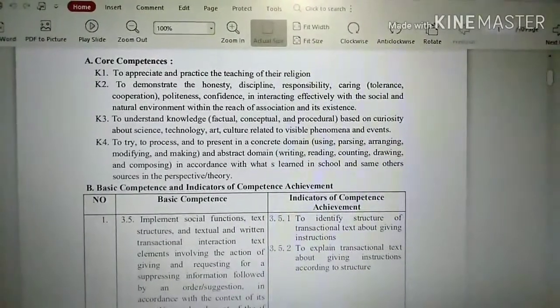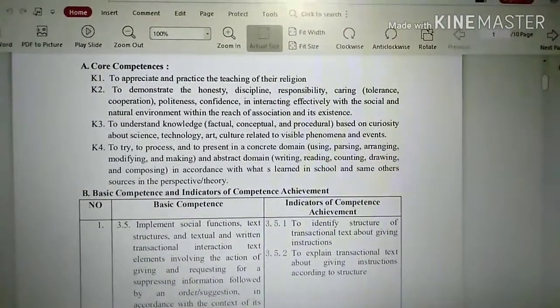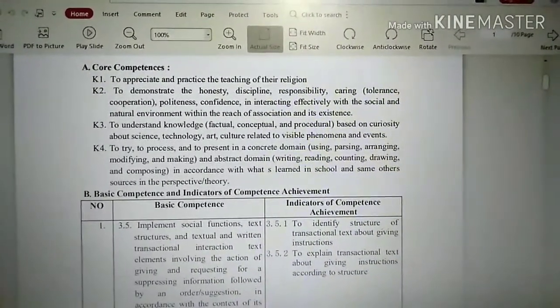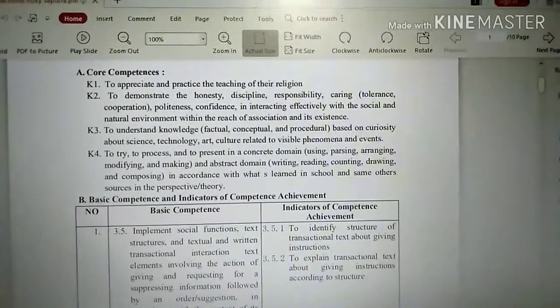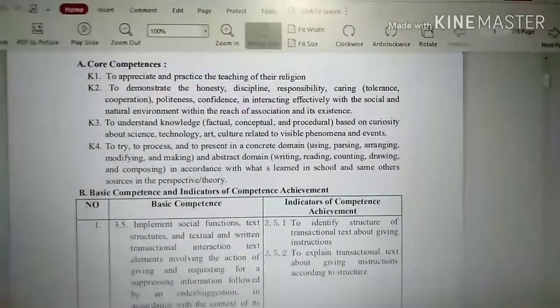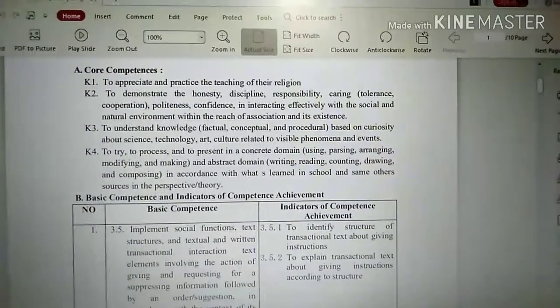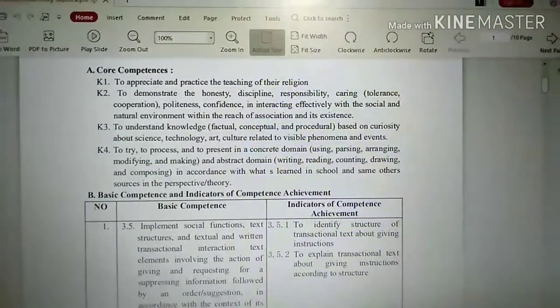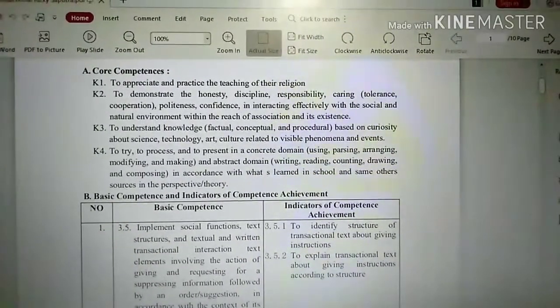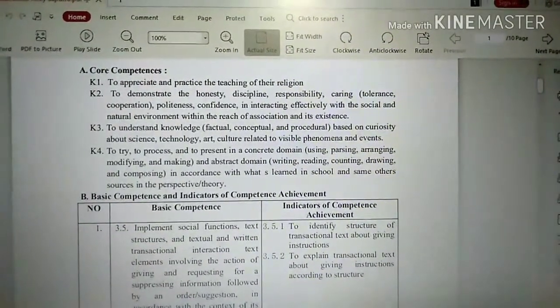Third, to understand knowledge, factual, conceptual, and procedural, based on curiosity about science, technology, art, culture, related to visible phenomena and events.